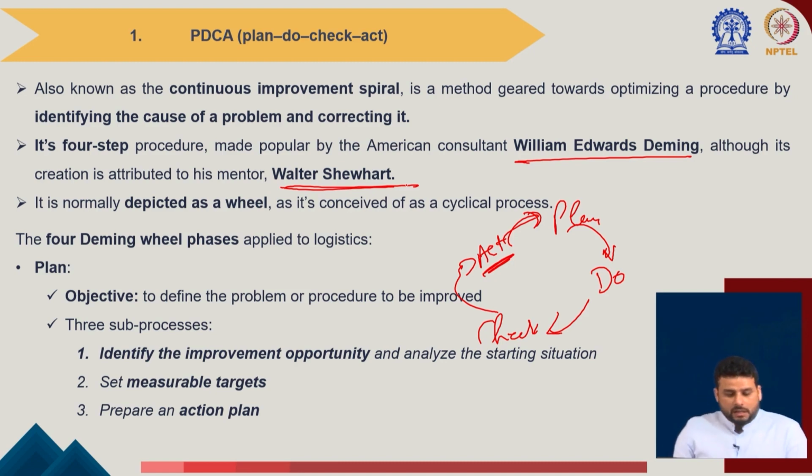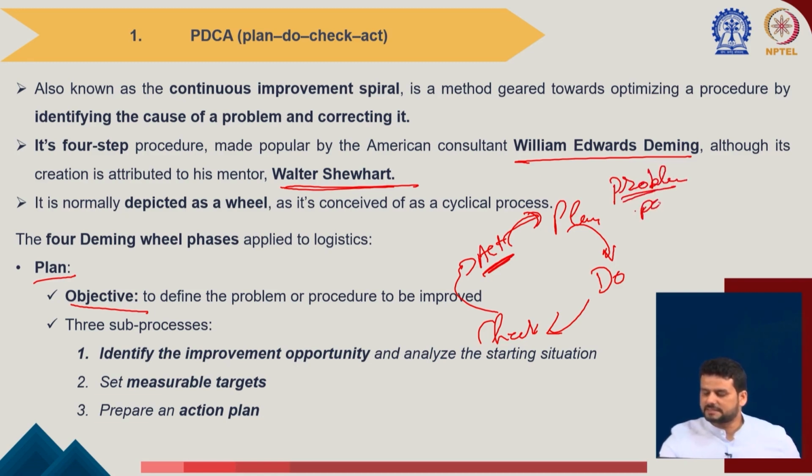So, very first is plan. In the plan phase, you need to define the objective, right. So, what is the objective? Like I told you, first you need to identify the problem. What is the problem right now? Let us say we discussed in the example that problem is related to packaging, right. So, how we can improve the packaging? If that is not fault of the packaging and is the fault of the person who is actually working on